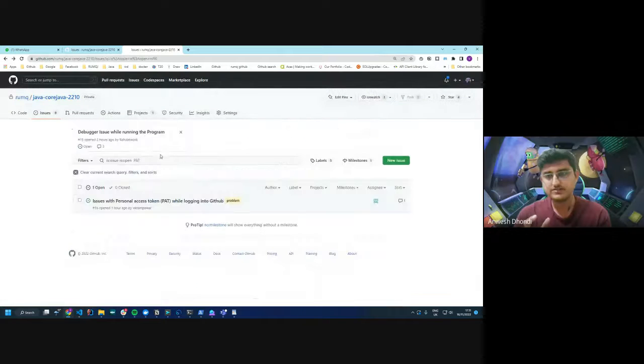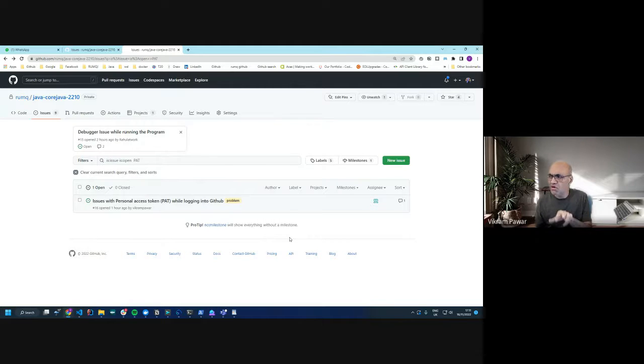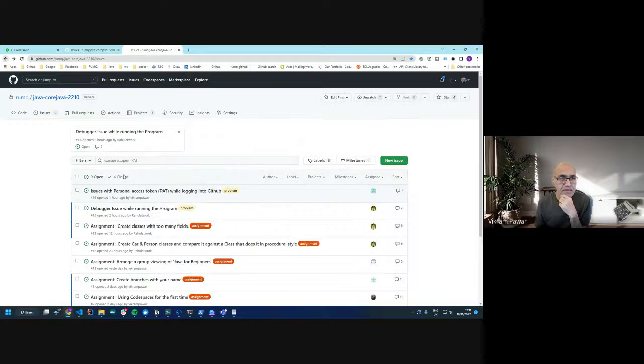So after we get the token, what's the next step? Like we log out of GitHub and we log in again with the token? Is that the process? No, not like that. It actually asks for login sometimes. Only then will you have to actually give it. Otherwise, you don't have to. Even I'm not sure. Sometimes it takes a password also, and sometimes it doesn't. So only when it asks, you give it. Yeah, it makes it clear when it wants what. Mostly when you get it in a different window, you have to give that token. You take a screenshot next time of both, when you're taking it, so you can put that also in there.